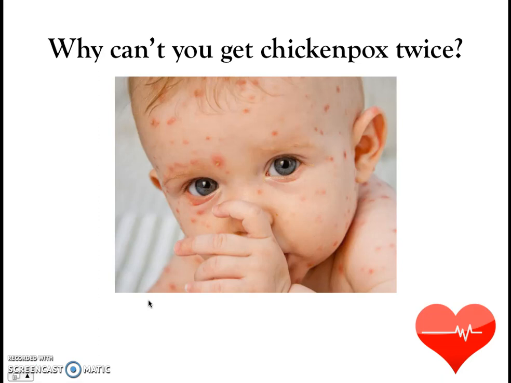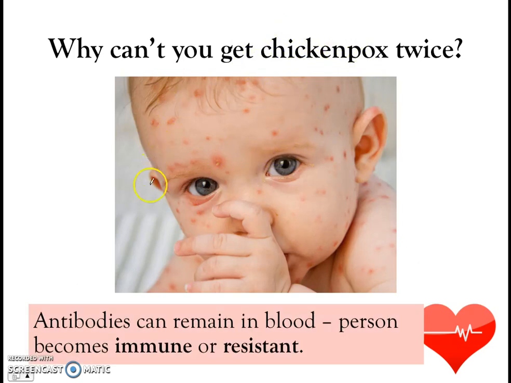Because the first time you get chickenpox, your lymphocytes produce antibodies to defeat the virus that causes chickenpox. And these antibodies can remain in your blood, and so you become immune or resistant to the disease from then on. Right? So the antibodies against chickenpox remain in your blood, and they keep you immune and resistant against a